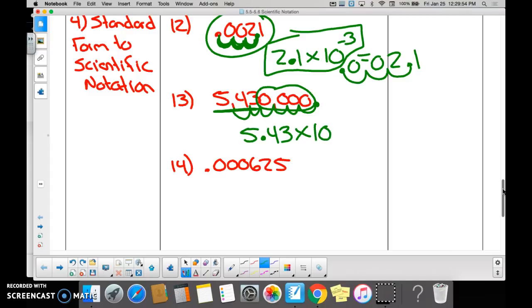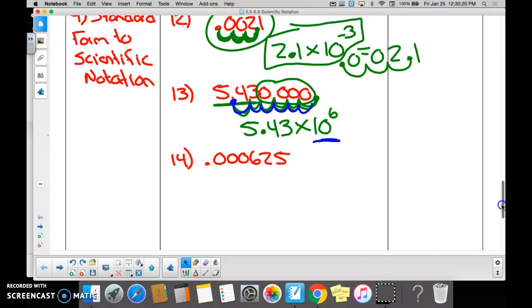So what did I say? We moved 1, 2, 3, 4, 5, 6 to the left. So it's going to be 5 and 43 hundredths times 10 to the 6th. And again, the rationale is, if this is where our decimal point starts in scientific notation, in order to get it back into standard form, we're moving it to the right 6 spots, as you can see there. Last one,